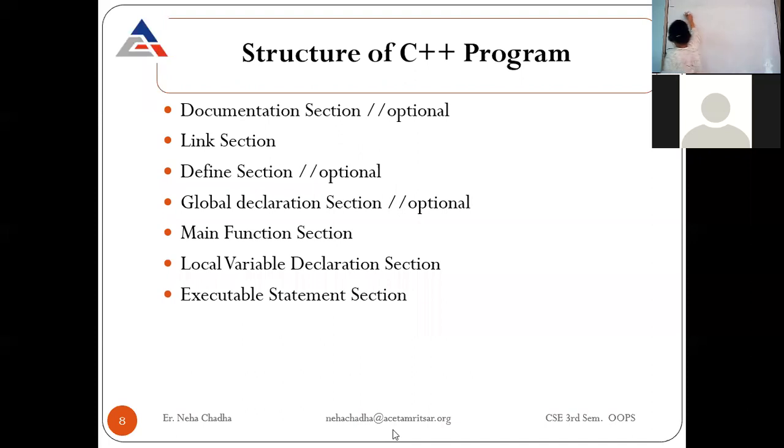Here I will write a program to add two numbers. This is my documentation section again. Then I will come to my link section: hash include iostream.h, then hash include conio.h,